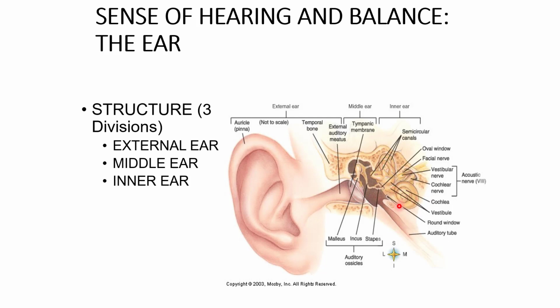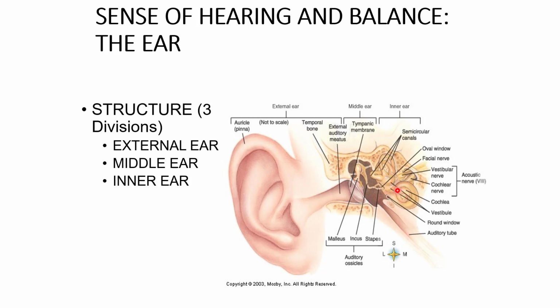This part of the ear within the bony cavity is called the inner ear. It has canal-like structures projected at right angles to each other: one vertical, one horizontal, and one horizontal in another plane. These are three canals, oriented at 90 degrees to each other in three dimensions. You can also see a spiral, snail-like structure, which is called the cochlea.